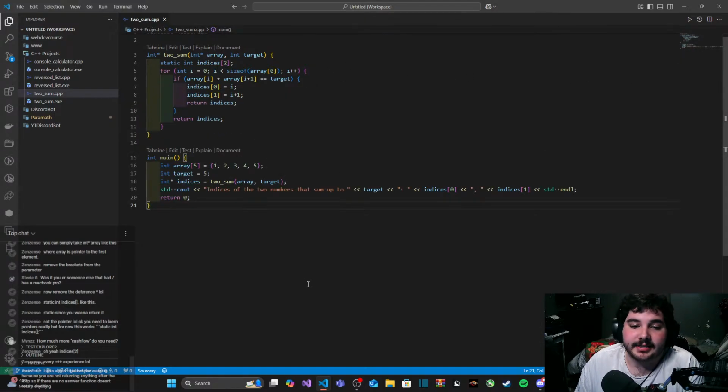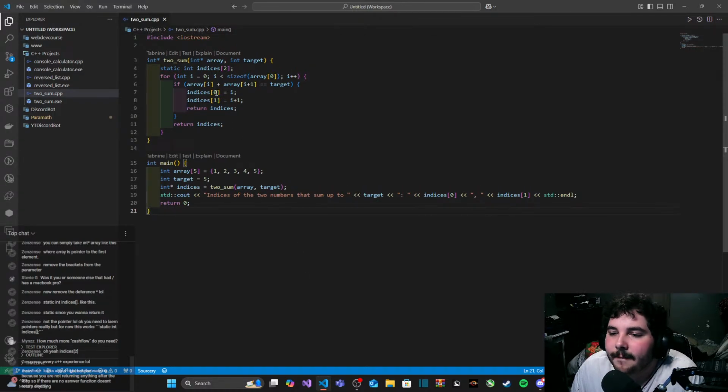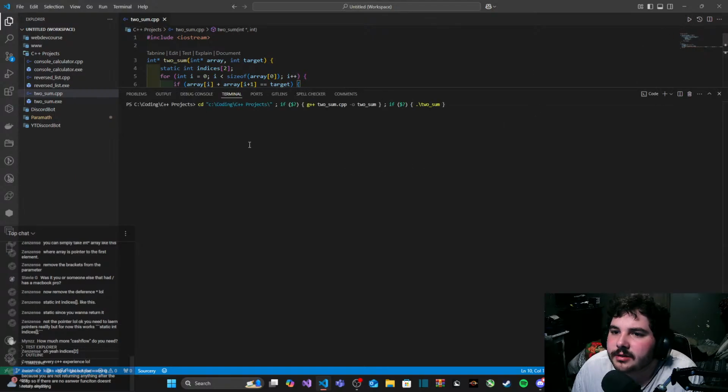Okay, so this is not solved, so we actually have a problem here. So if array at i plus array at i plus 1 is equal to target, then... That doesn't make any sense, so what's the issue with that, then?